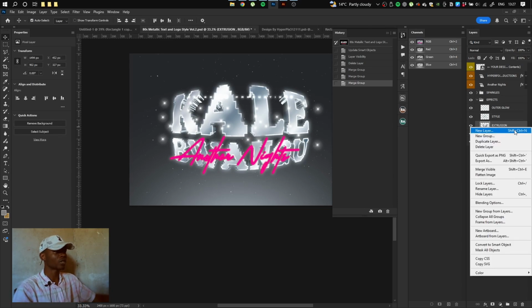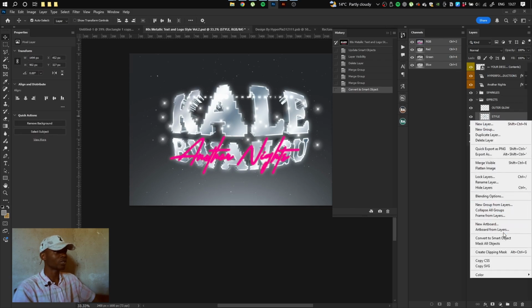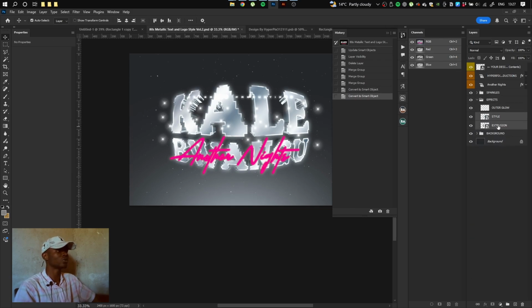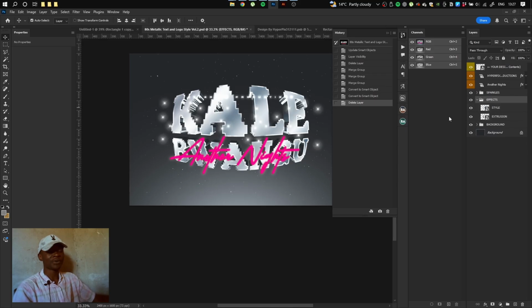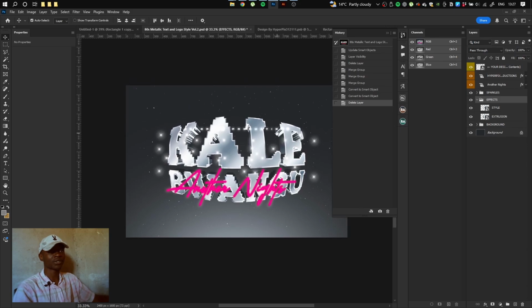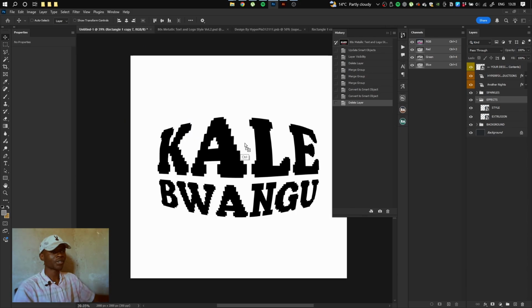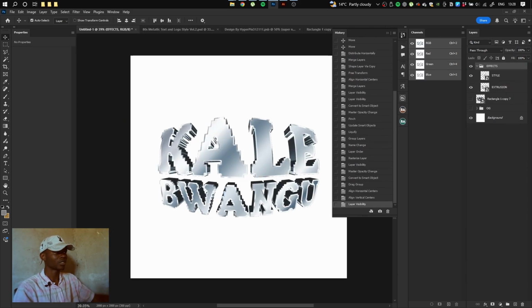Just going to convert the extrusion into a smart object, and then the style into a smart object. So we're only going to take these two, and then the rest we'll delete. I'll show you how to do everything, the colors and everything. So let's just take these, drag them inside here, then let's just hide this,